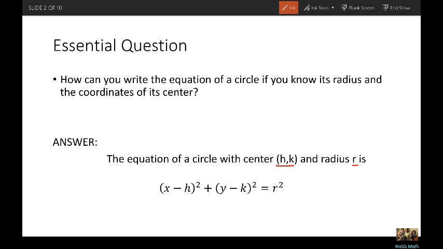Now, the thing about this equation is the h really does the whole left or right concept. So if h is positive, it shifts your circle to the left, or the center of your circle to the left, therefore the entire circle. And if your h is negative, it shifts it to the right. Okay. Now your k, on the other hand,